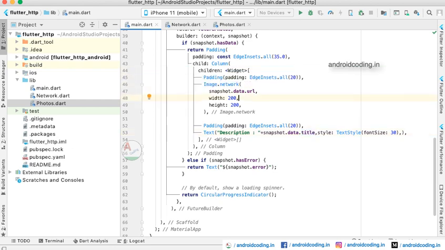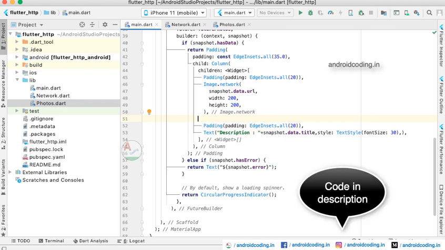This is not a list view, it's a general way of displaying data using widgets. If you want to process it in a list form, you can ask me in the comment section, or in the previous tutorial on Retrofit we have generated a list, so you can refer to that tutorial and get to know how to deal with the list view.